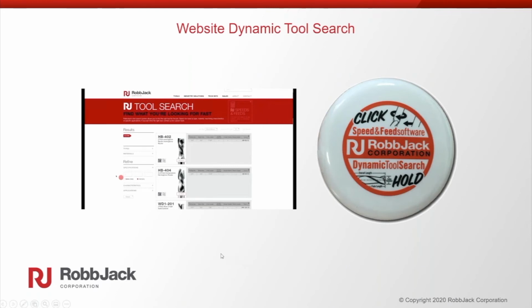So one of the biggest challenges I hear out there is, how do I find the best tool to cut my specific material, or how do I get the speeds and feeds? So we have a speed and feed software button that's a dynamic tool search and a speed and feed that you can hook to your computer, or you can just go online and there's links to both of those programs. But it's super helpful and